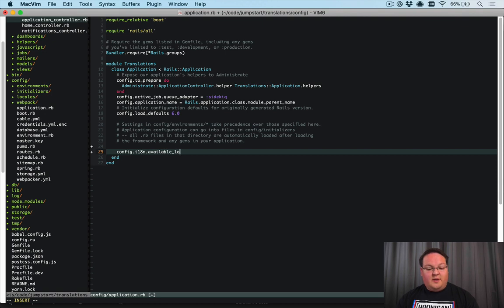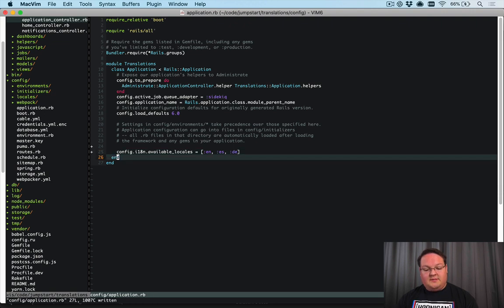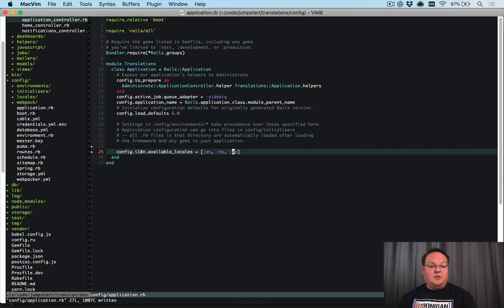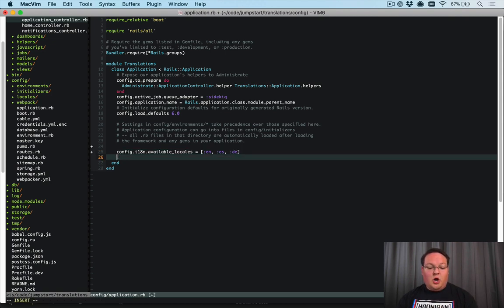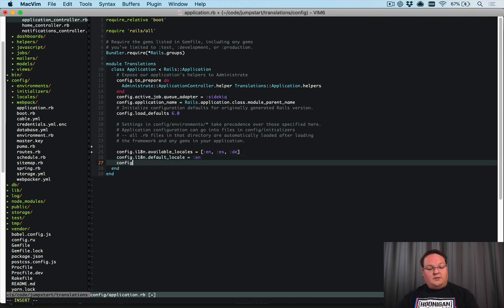First one is available locales. This is going to be an array of languages. So if we wanted Spanish and German, we could say EN, ES, and DE. That's going to be English, Spanish, and German. Those are the language codes that we have here, and we can then say config.i18n.default_locale equals en, so our default language will be English. And if we want to say